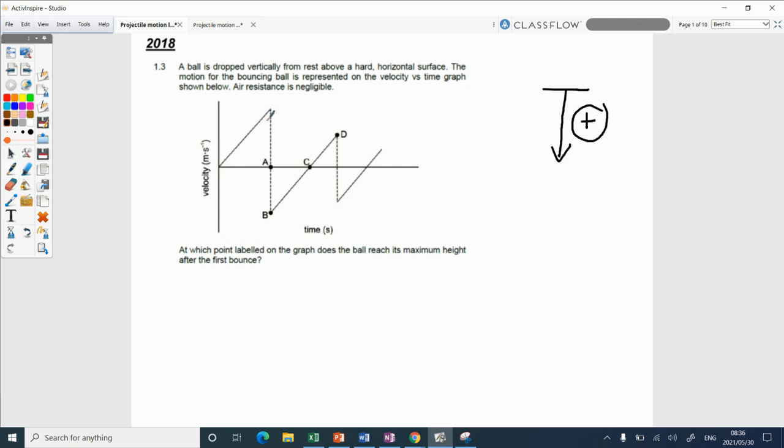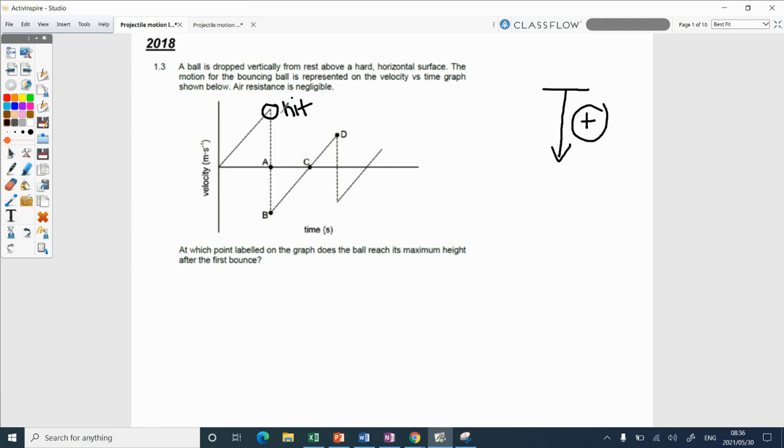Oh, yeah. Because the speed is high. Okay, so maximum height will always be at 0 somewhere. So it's where it hits the ground, because remember, fastest is where it hits the ground. Where is it leaving the ground? At A, B, C, or D? B. Can you all see that?